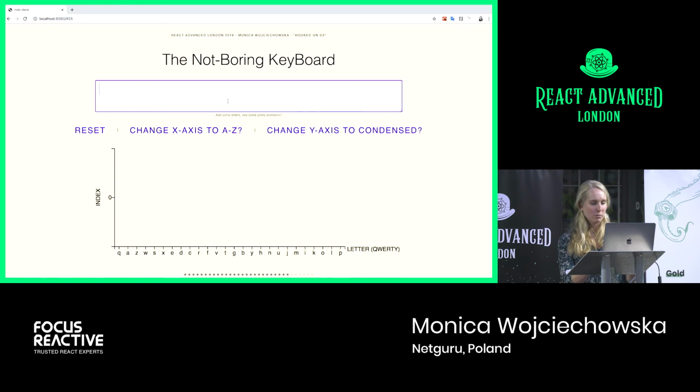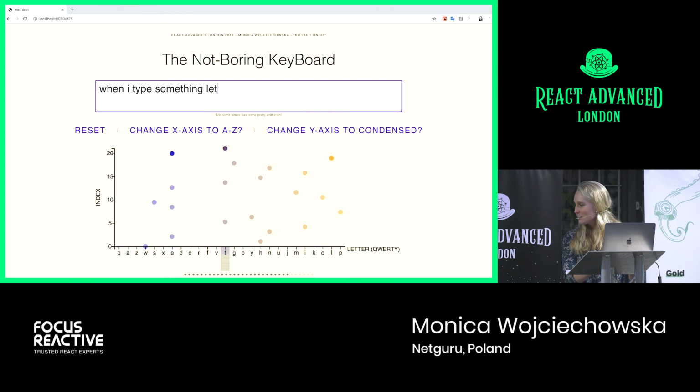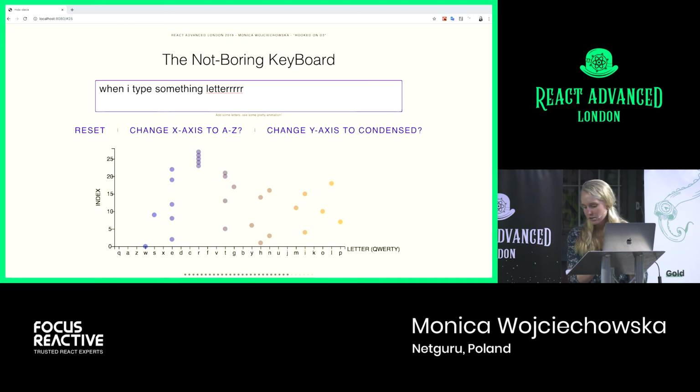And so what we want out of this visualization is that when I type something in, we see bars coming up below to bring the eye to this specific location where I'm typing, to the specific letter. I'm just going to be typing random letters now. And then we have points coming in, which will basically be forming our distribution. So we could take a look at what that distribution looks like.